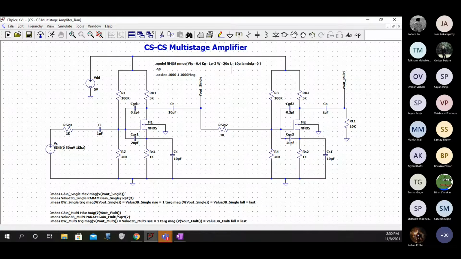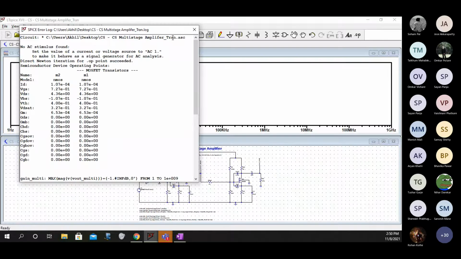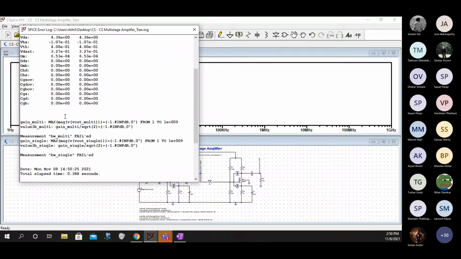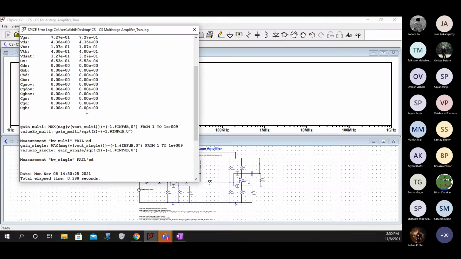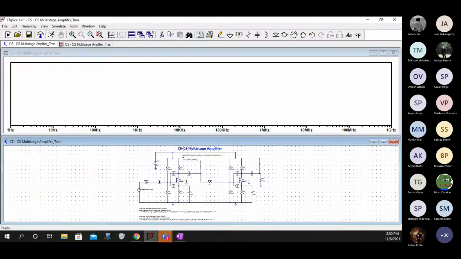And yeah, that's it. So we will again get this. Like I told you, this calculation will fail as expected, because this doesn't work well with the